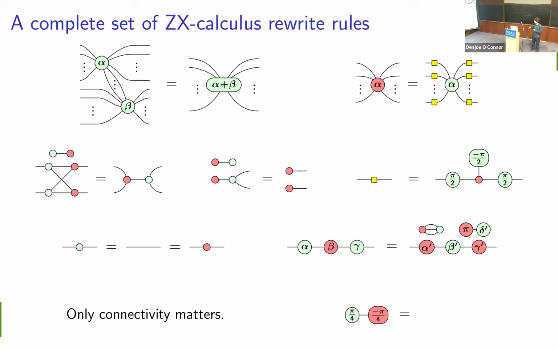So it's a little bit different to the rules that I've shown here, because this one, for example, isn't in the pi by 2 fragment, so we need to replace that. And this one is actually not necessary in the pi by 2 fragment either. But other than that, it's very, very close to what we've got on the slide here.